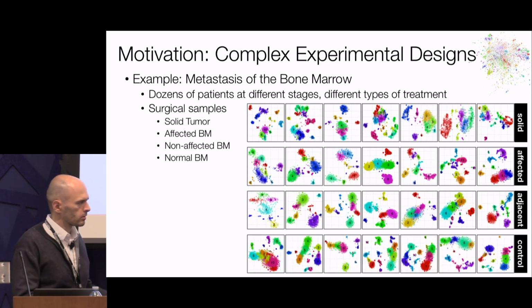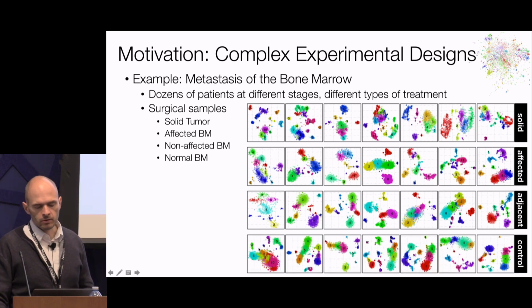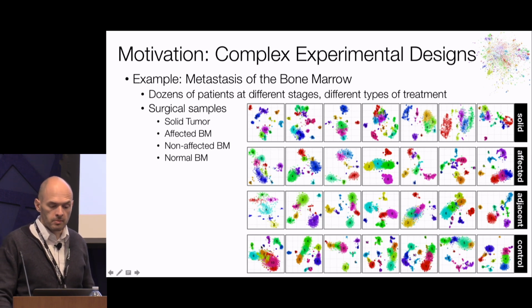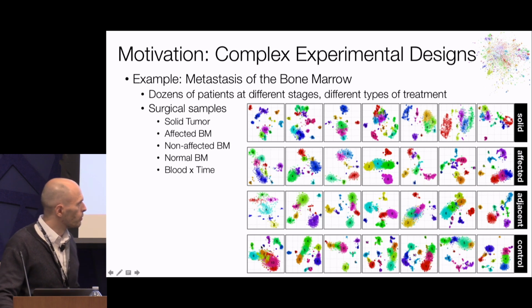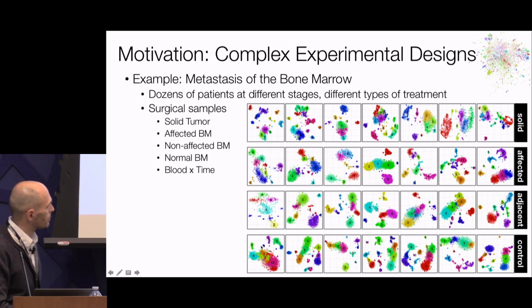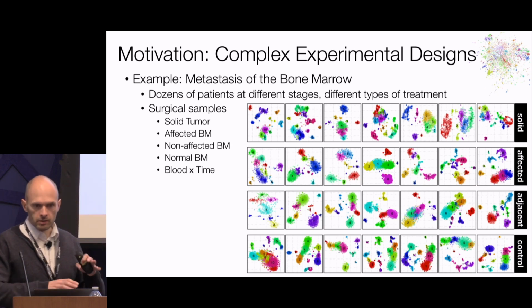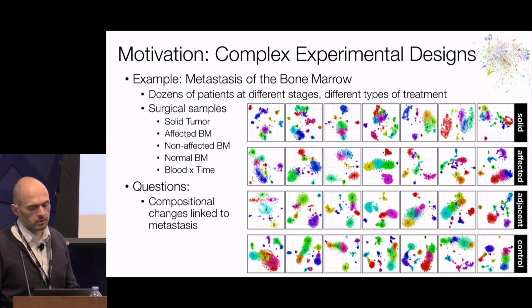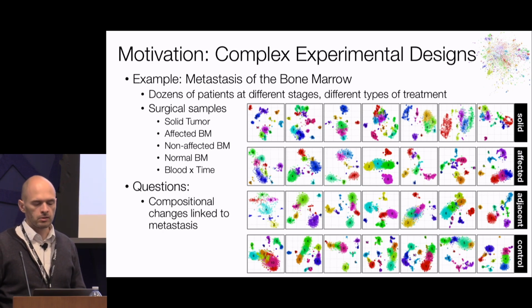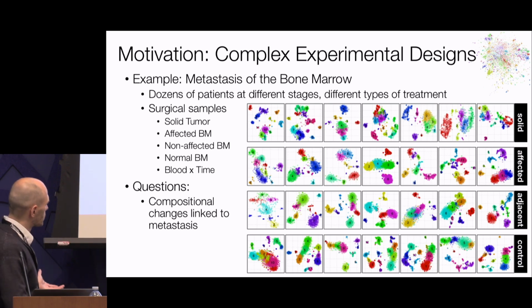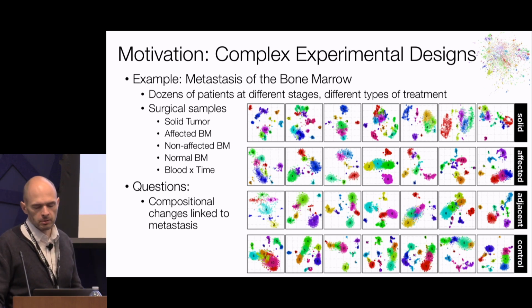So patients, let's say, undergoing surgery for reasons other than cancer. We could draw blood over time, for instance, and so forth. So you can imagine that we have this fairly vast collection. Some of it is systematically different in terms of its composition, either because of the tissue samples or the impact of the disease. And then in terms of questions, and it's quite stereotypical, so I'm giving this example,